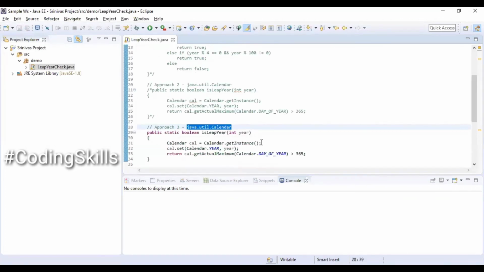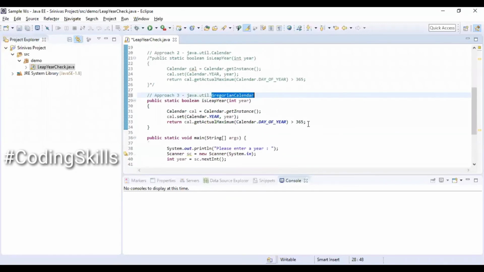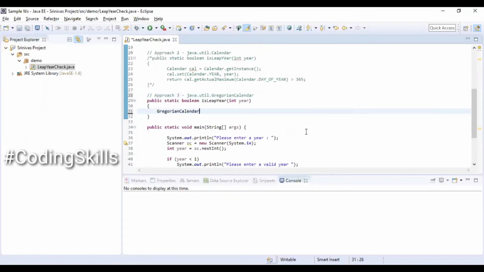Updating the approach 3 comment for better readability. Removing the existing logic inside that method as we have copied. So declaring a GregorianCalendar object, creating an instance out of it.